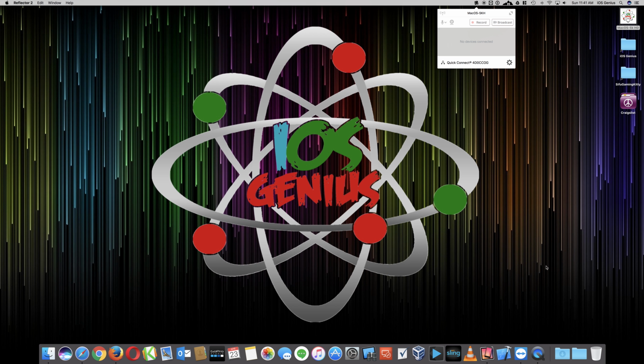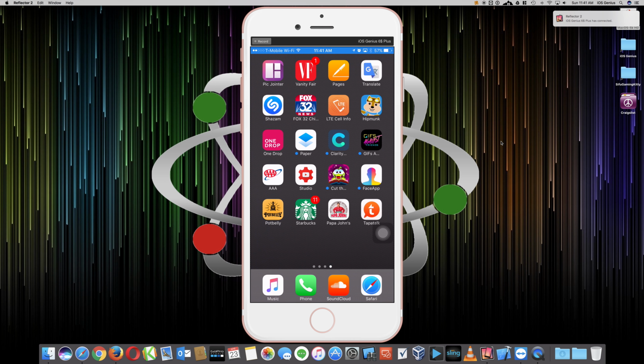I open up Reflector 2, which is a paid app that I use. I run my AirPlay on my iOS device, and you'll see my phone should appear in a moment. There it is. So instead of using your computer to screen record to do your tutorials or so forth, there